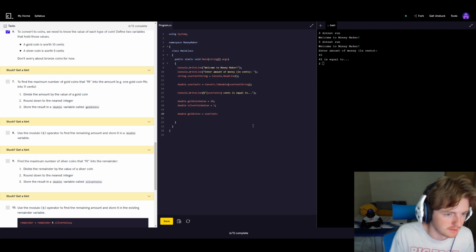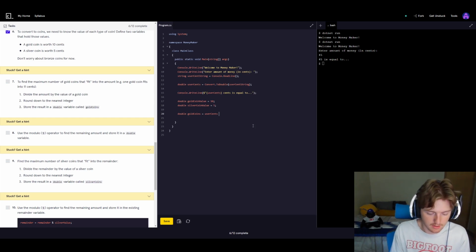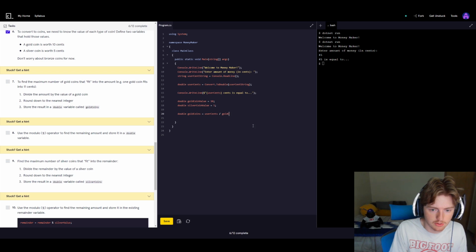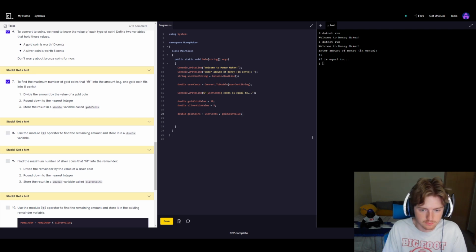So we are going to do dividing by the gold coin value, and that will give us the exact number of gold coins we can have, and we're going to have to use